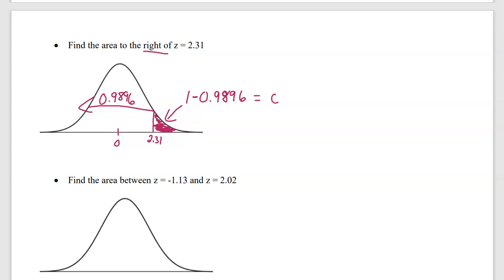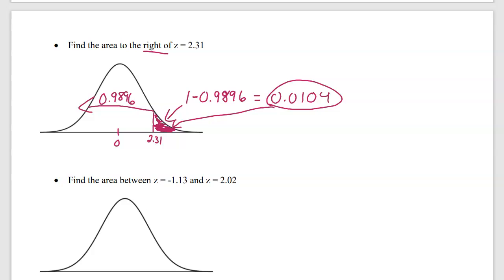When I do that, I get a 0.0104. And I apologize that I messed up. 0.0104. So this amount is actually the area to the right, because I want this little bitty part